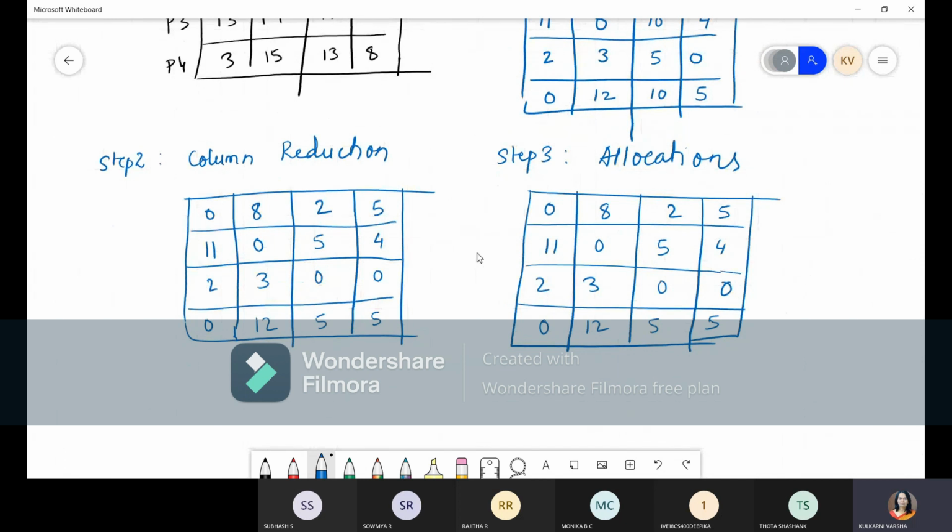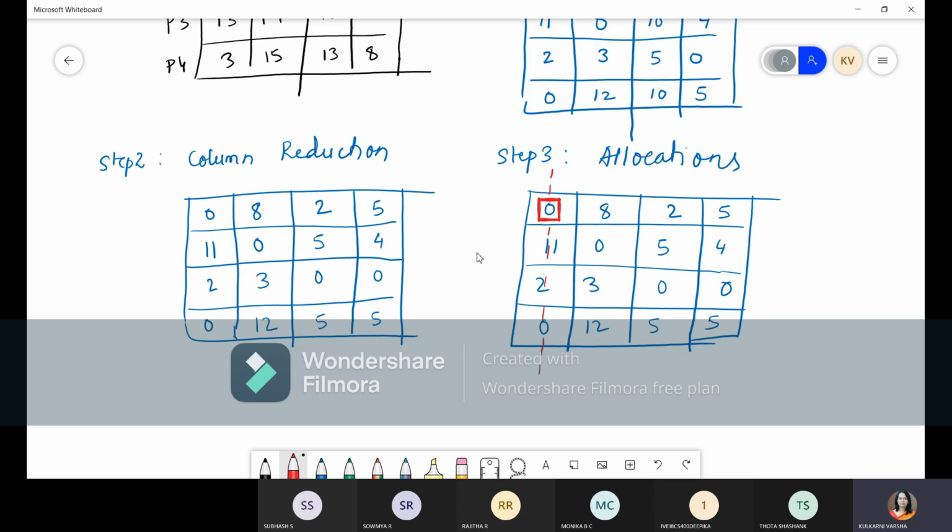Each row we have to scan, and we have to find out if there is a single 0 in that row, then allocate that 0. Now we'll go for the first row and we find there is a single 0, yes, then allocate that single 0. How do we show the allocation is done? By putting a square around that. So if you have done an allocation while doing row wise scanning, you have to cancel that column. We'll cancel this column.